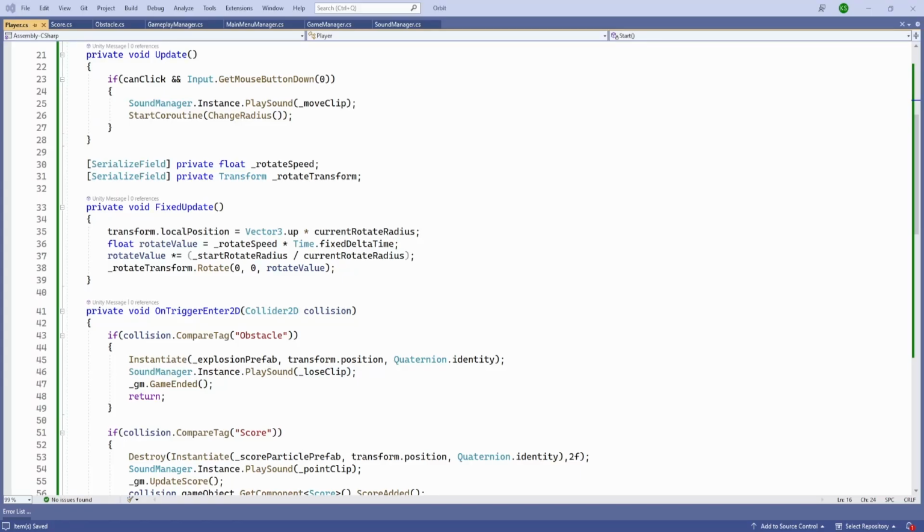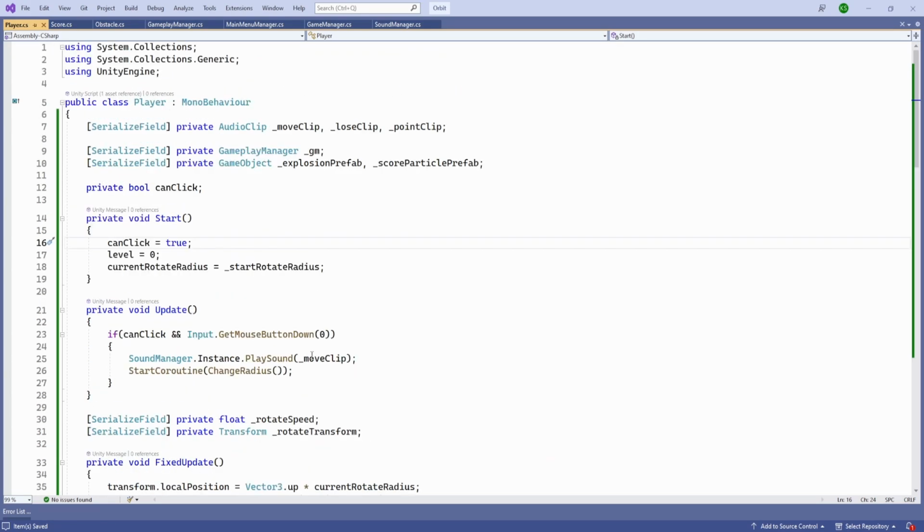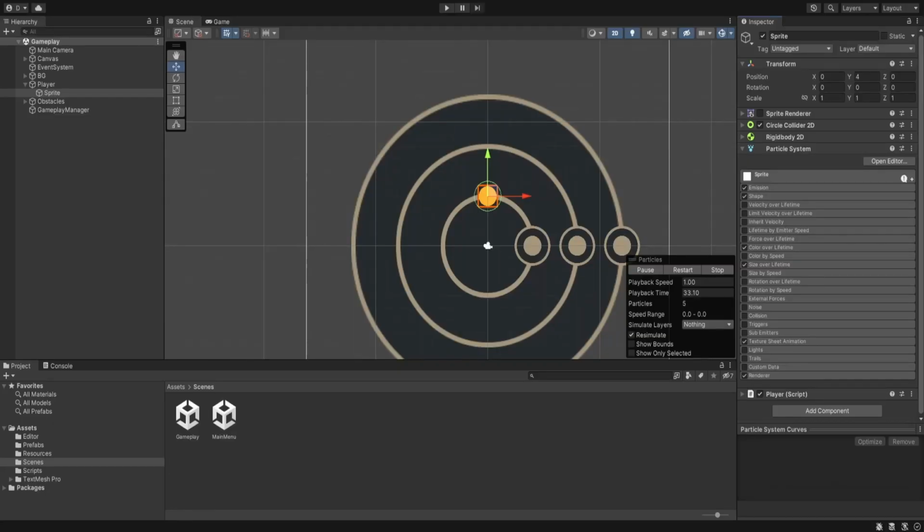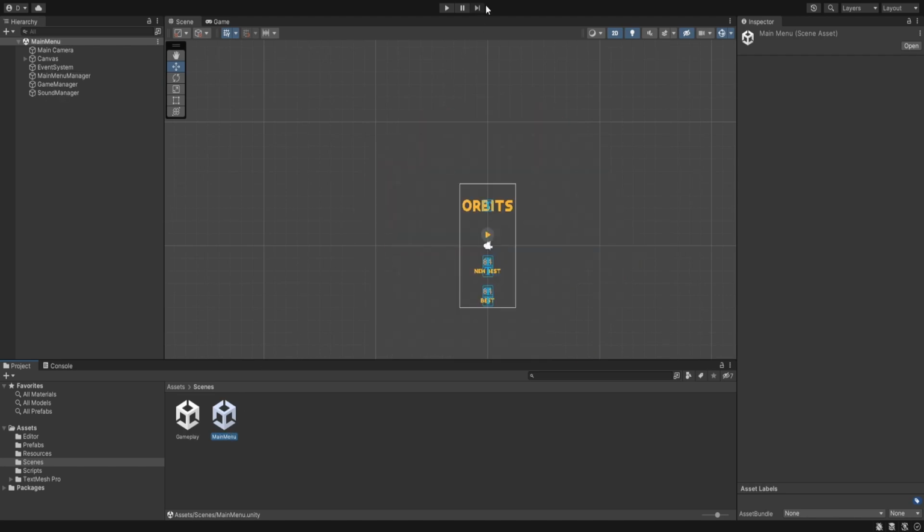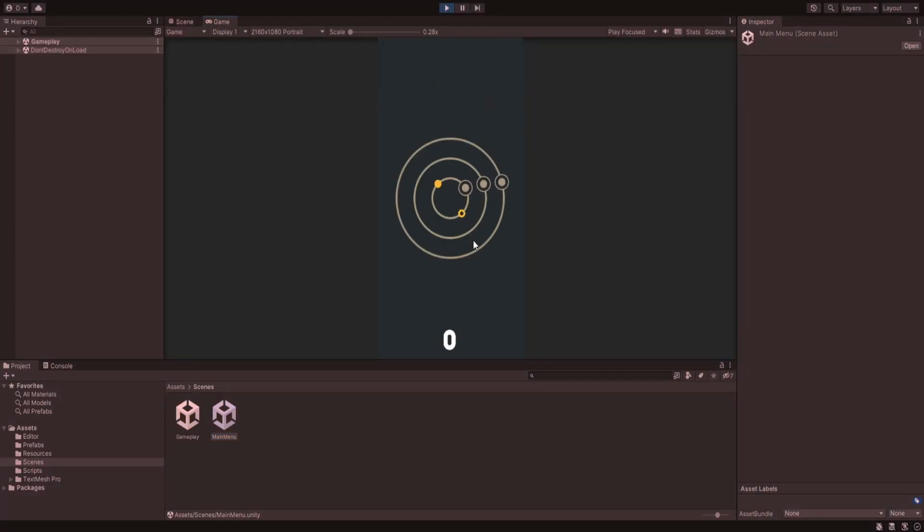So can click was false. We need to set our can click to true and current level to 0. So let's now go inside Unity. Always there will be bugs, but it's good to fix them. Let's go inside main menu and let's see if our